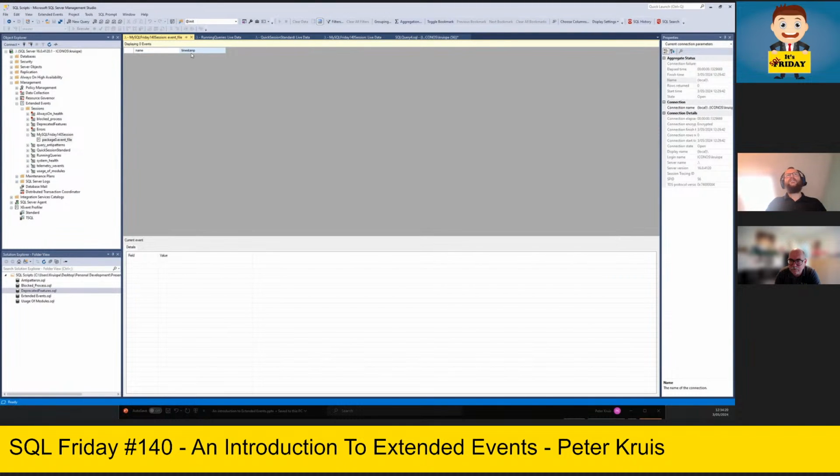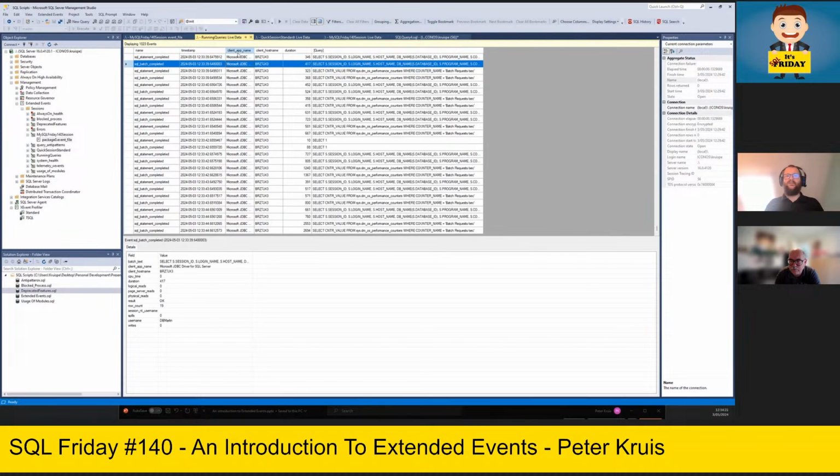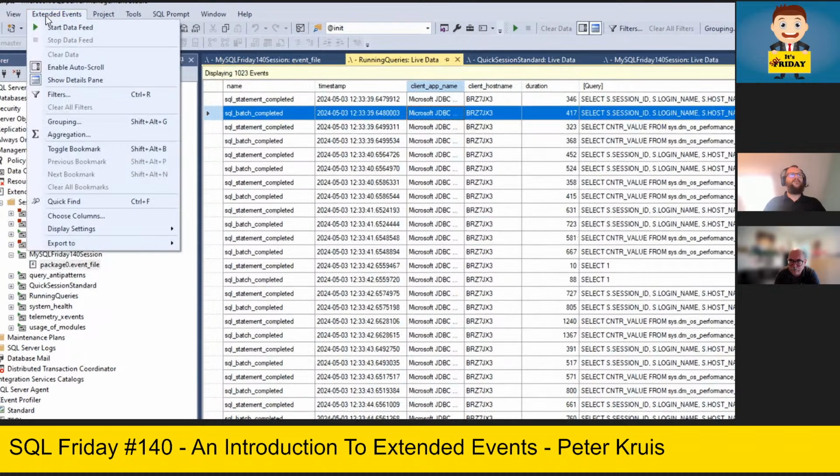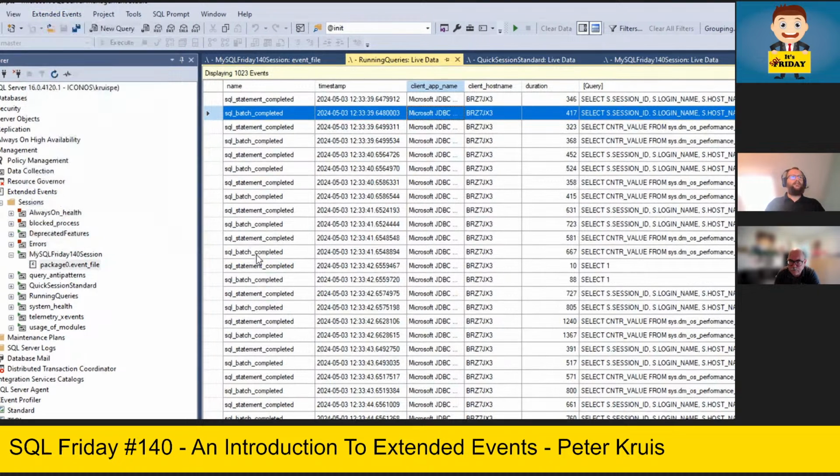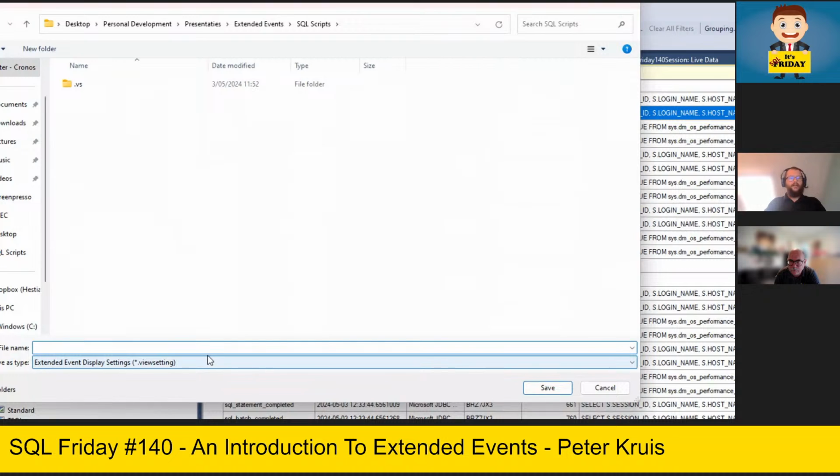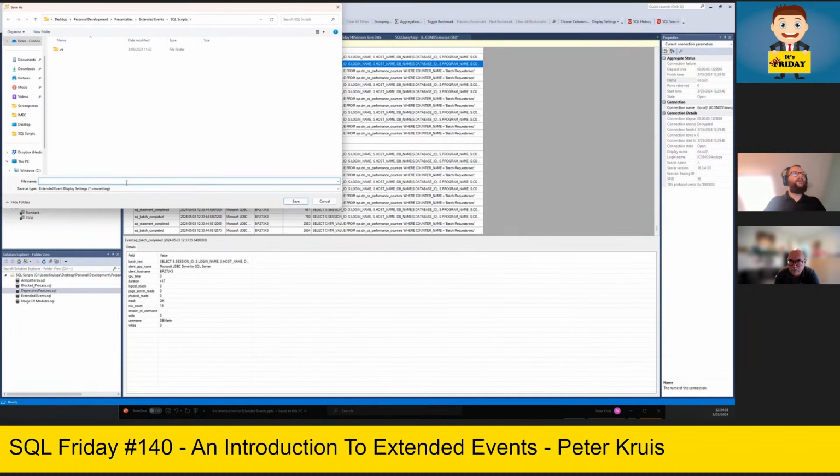But I would like to have this one by default, or I would like to share what I found with another DBA. The option I have on top, I have an extended event menu, display settings, save as, and I can say, okay, save my super cool GUI.